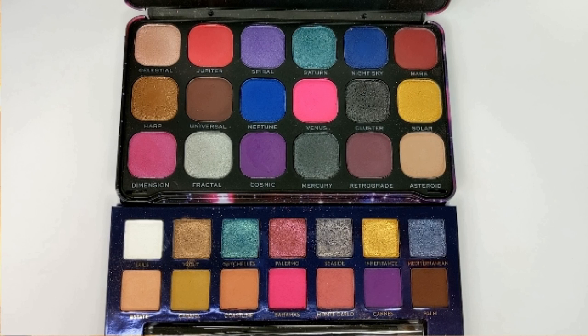because the Constellation palette is missing, for example, that matte mustardy yellow shade. It's also missing kind of that rosy shimmer and also the matte ivory shade, which I feel like is really essential to a lot of different looks. It also doesn't have that Mediterranean shade, which is that really beautiful cornflower blue shimmer, but it does have a lot of additional shades as well. It has more shades in here. You have 18 versus 14,